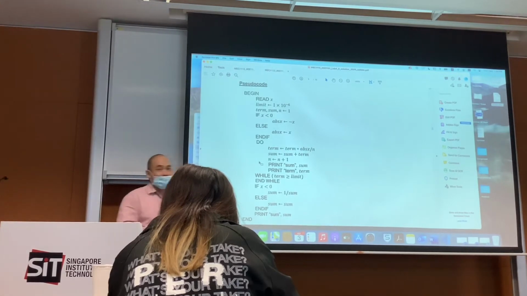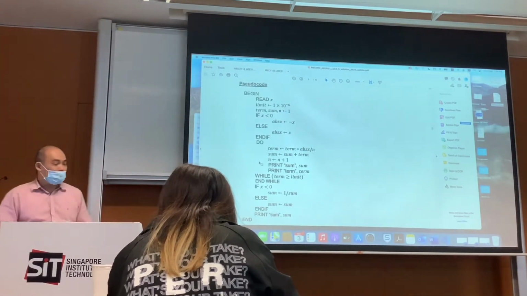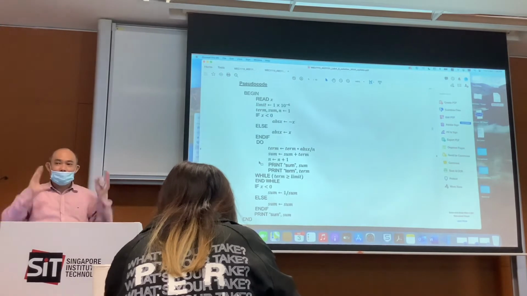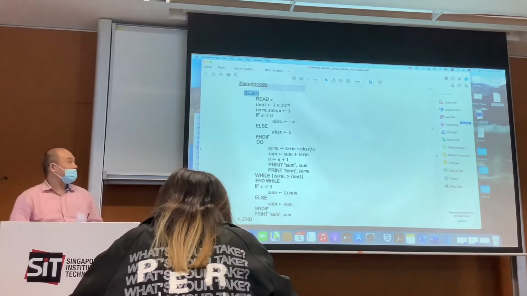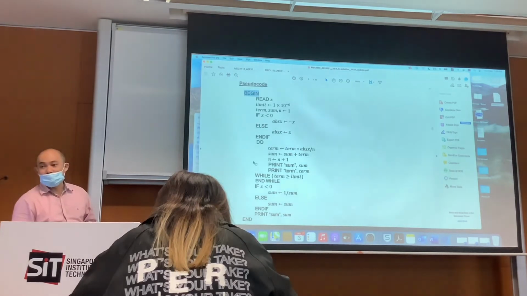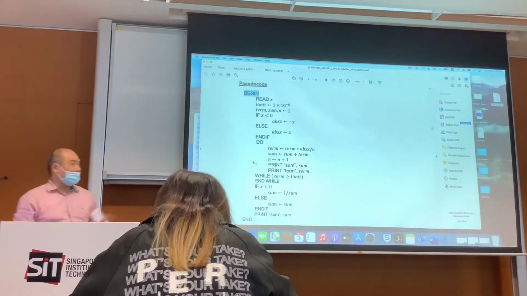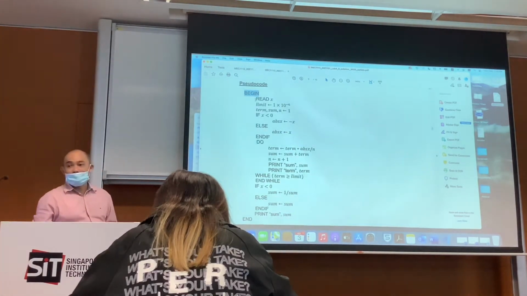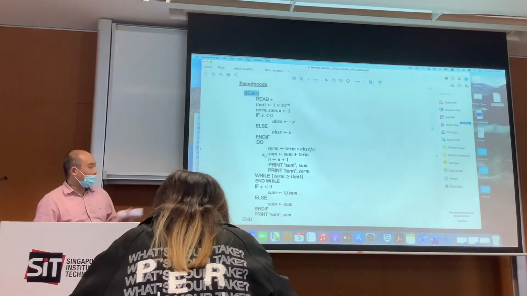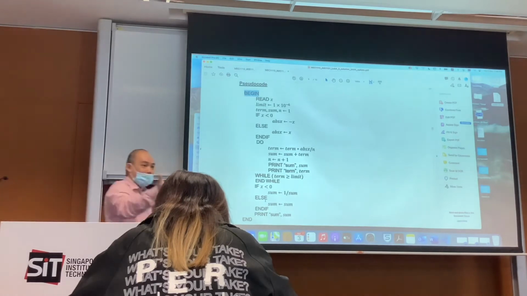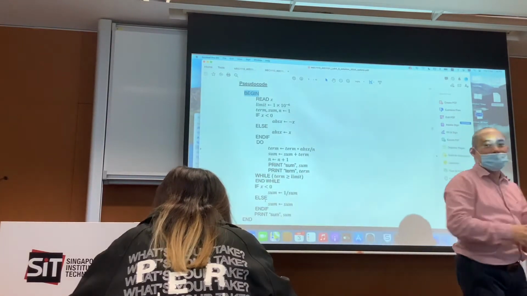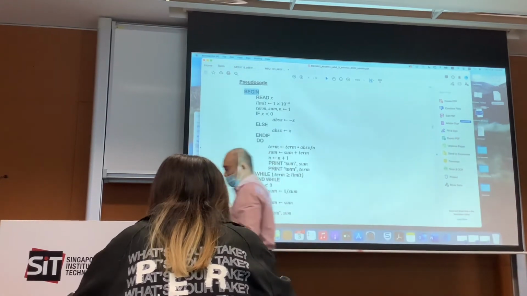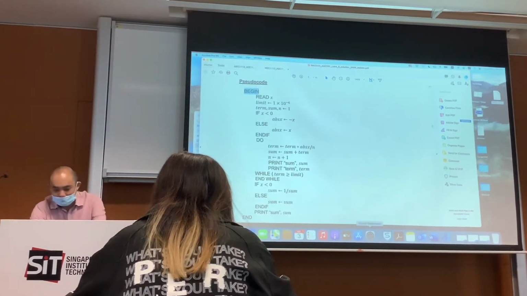So in this program, it asks you to do pseudocode. How to memorize: it's always begin and end as a structure first, then one by one go in. You should memorize that. In the beginning, what am I supposed to do? Read. Every time is read, then compare first, then loop, and then output. Similar to your assignment, analytical thinking: input, processing, output. So this is pseudocode. If you see the code,